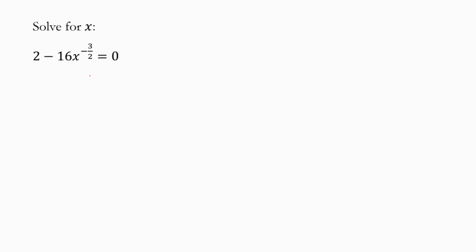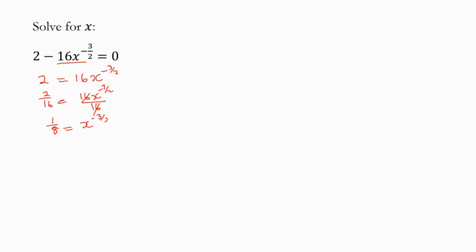So now what we do here, we can bring this whole power to the right hand side. So it becomes 2 is equal to 16x to the power negative 3 over 2. Right, and then we can divide by the coefficient 16 on both sides of the equation. Because 2 over 16 is equal to 16x to the power negative 3 over 2 over 16. 16 divided by 16 is 1, so we're going to have 1 over 8 is equal to x to the power